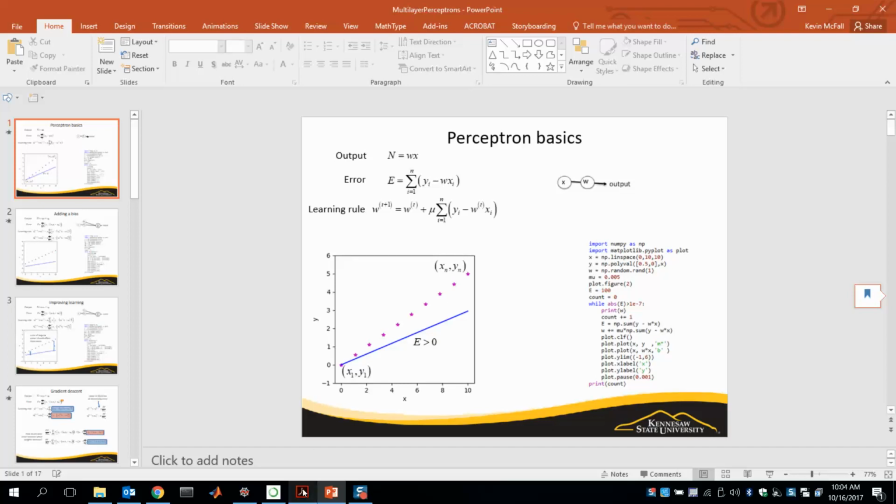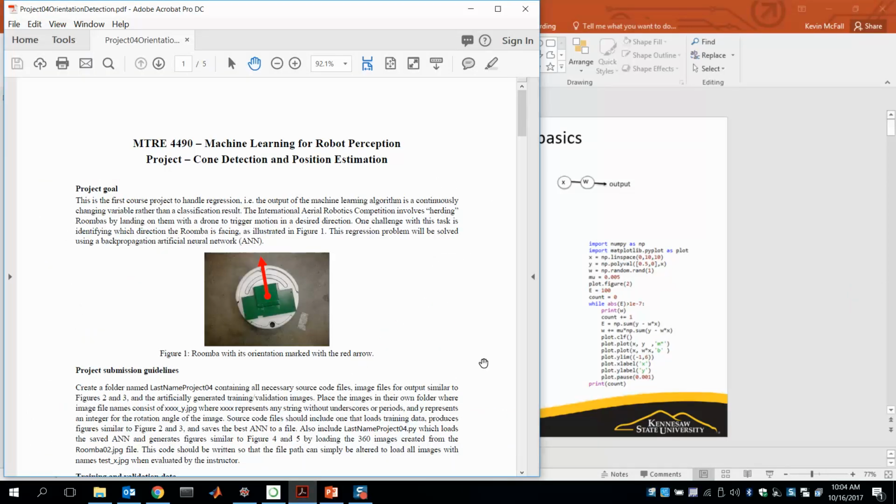So today we are going to talk about our new project. The first time, we'll do regression, because up until now we've been doing classification. So this is going to be regression, which is a bit different than what we've done before. And the last project is going to be multi-class classification. We're going to have 43 classes in the next problem. Okay. This one's going to be regression, and this is a problem that was inspired by the aerial robotics competition